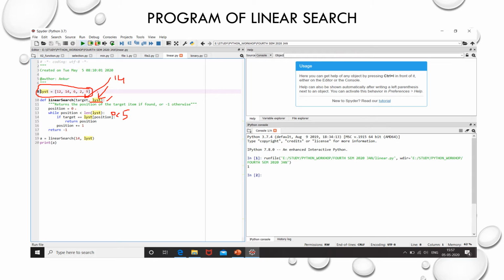Otherwise, if it is not matched, it increases the position value by 1. Again control moves to the while loop, checks the condition if position is less than the length of the list, the condition is true. Then again it checks if the target value is matching the list position value. If both are matching, then it returns the position. Otherwise, it keeps increasing the position, and this loop continues till the last index element if the element is not present. When the position value gets more than the length of the list, it comes out of the loop and returns -1. That is, the element is not present